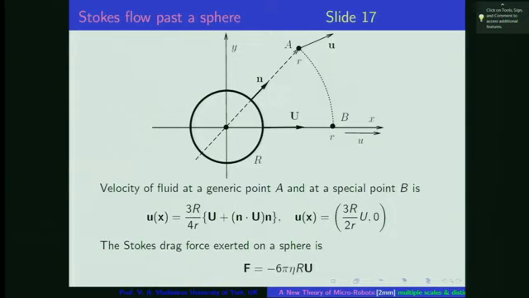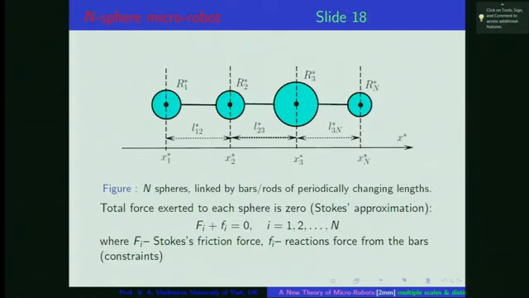Stokes solutions, 1851 probably, for a sphere, a rigid sphere. So there are three examples I briefly consider. One is the n-sphere robot. This is a generalization of the machine which was proposed by Ramin Golestanian some time ago,